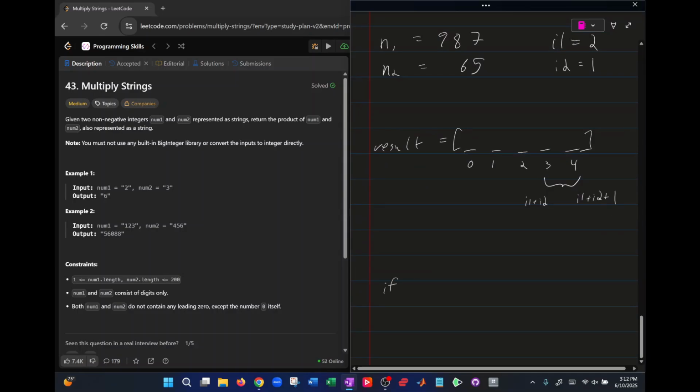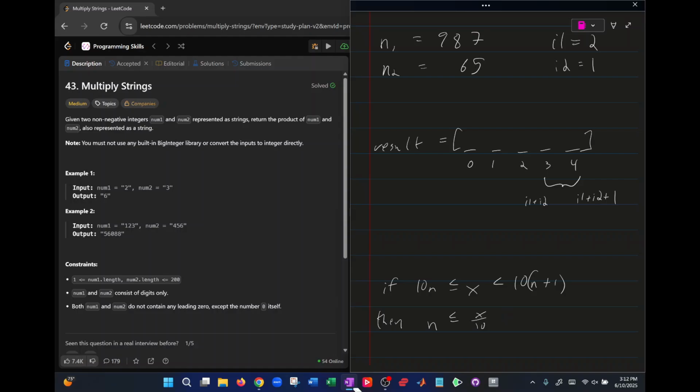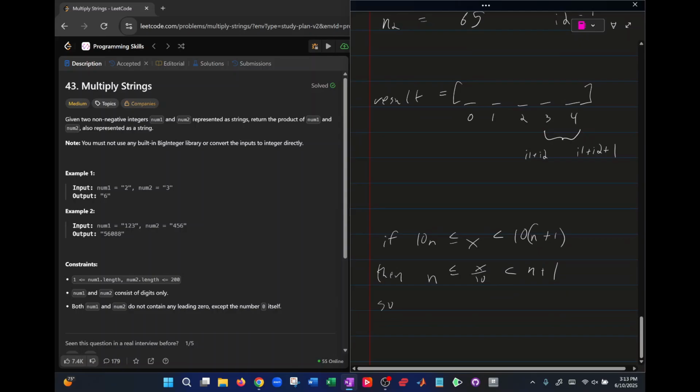If we have a 2-digit number x, which is at least 10 times n, and less than 10 times n plus 1, then x over 10 is going to be between n and n plus 1. So if we do floor division, or if we take the floor of this, it's going to be equal to